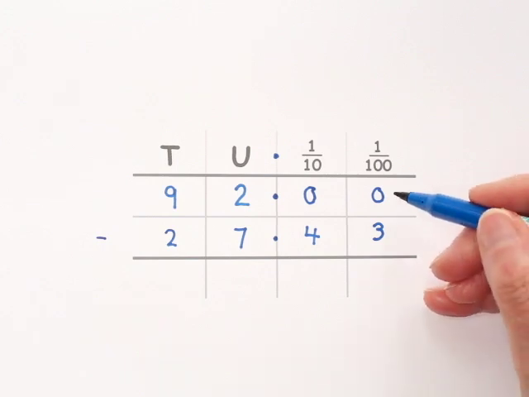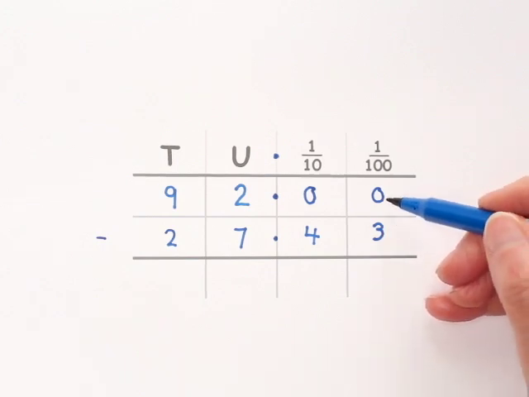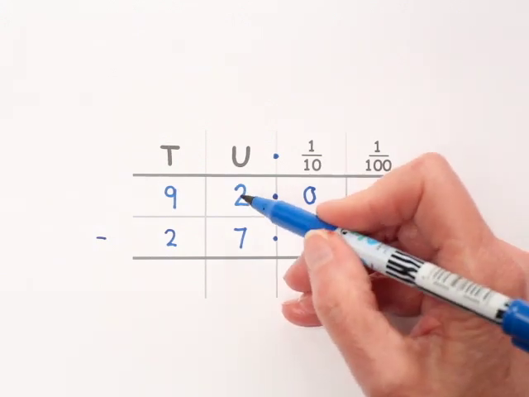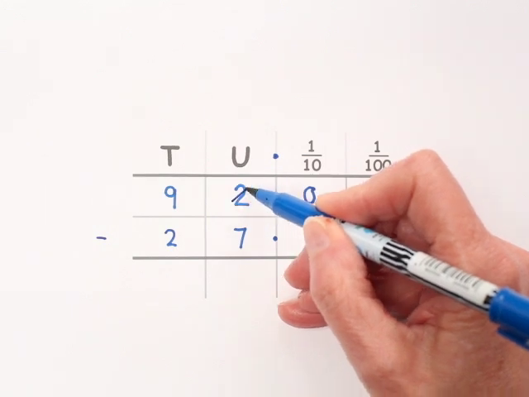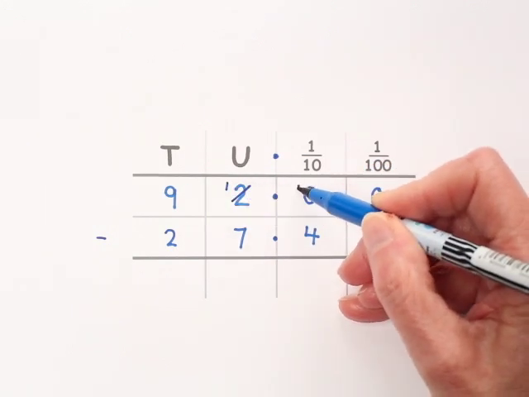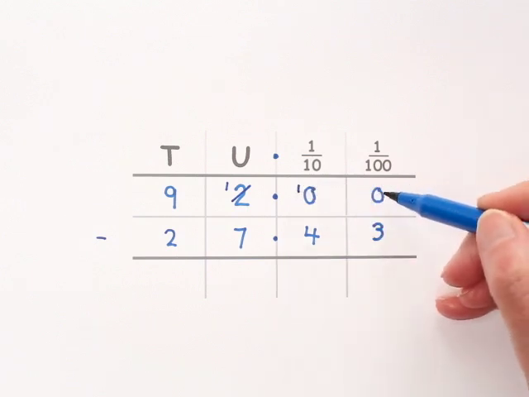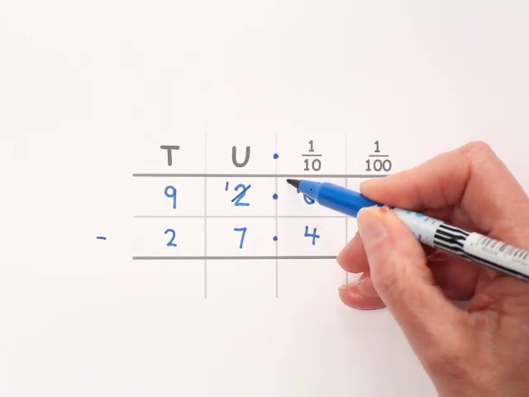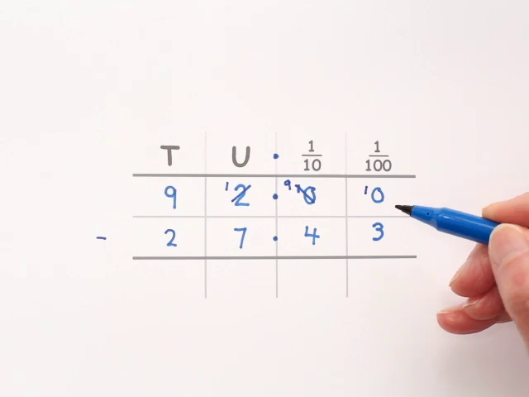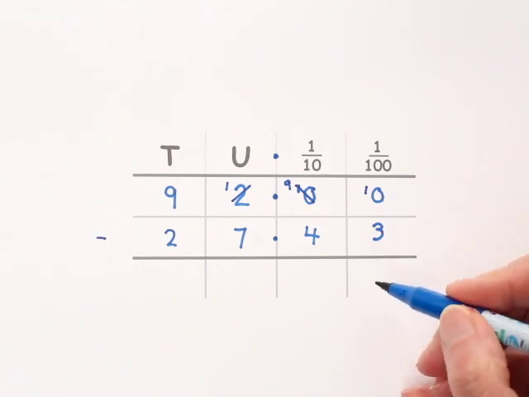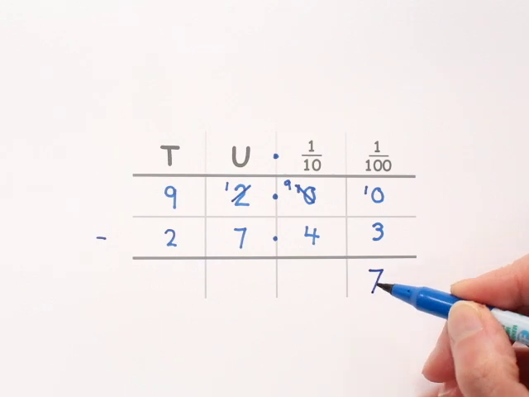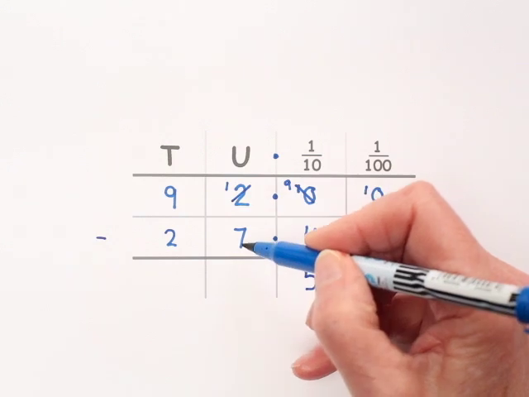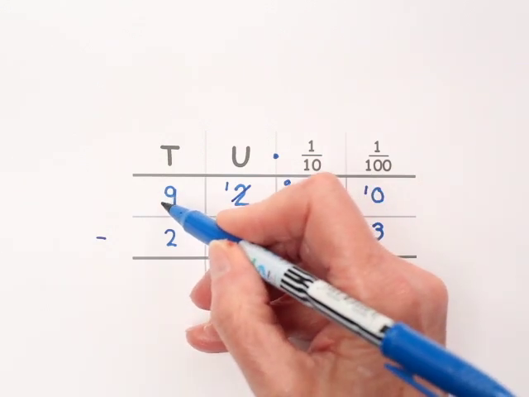So 0 take away 3 you can't do, so you go next door. Well, there's still a 0, so you can't do there either, so you go here. 2, take one of those, leaving 1, and put it here. There's a little one. Now we can do the hundredths column, because there are 10 in this column, so you take one of those 10s and turn it to a 9 and put 1 there. So you've got 10, take away 3 is 7, 9, take away 4 is 5,